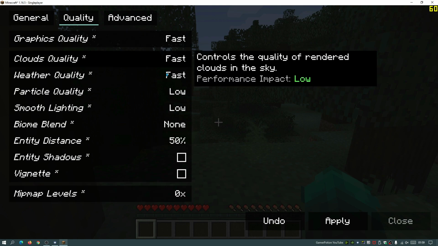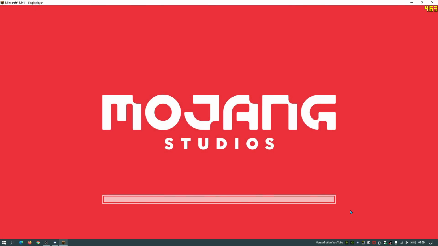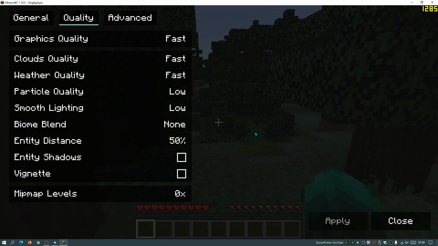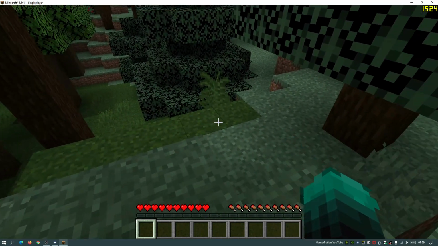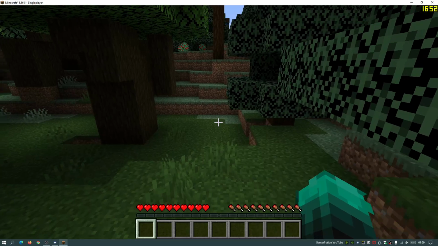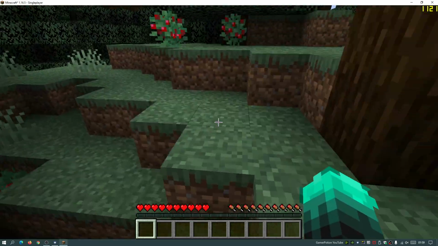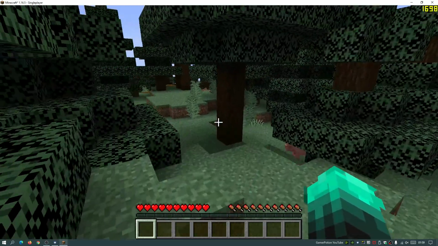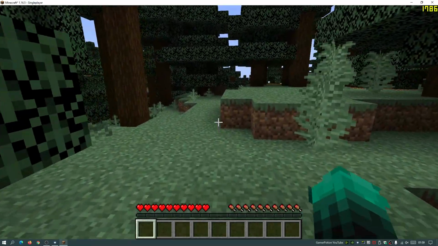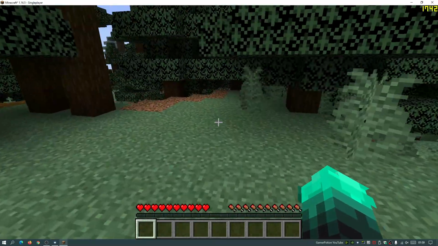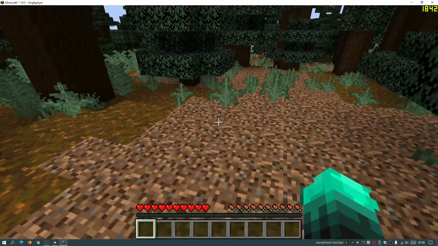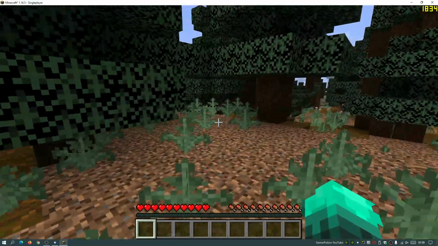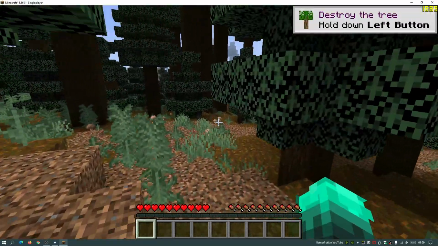So now that I have set everything to the lowest, I'm going to click on apply, wait for that to reload the game, and as you guys can see on the top right corner there, it is now immediately showing me that I've got 1200 FPS, and in the game I'm getting much higher. Obviously we are in a closed environment here, so obviously we will get more FPS. If I was to go out into the open with more sea or water type of graphics or NPCs, then the FPS might drop slightly,